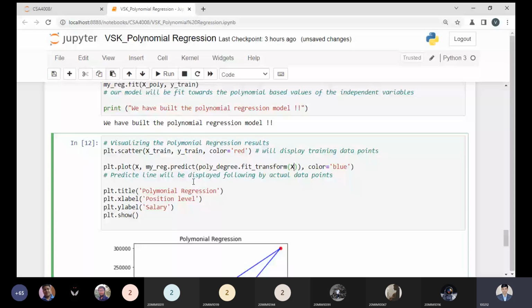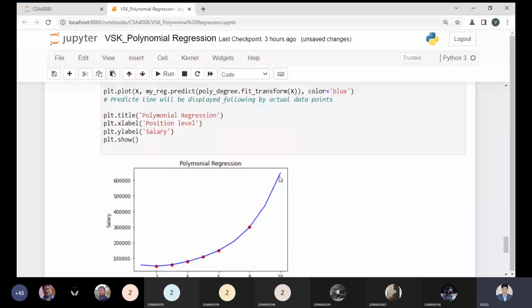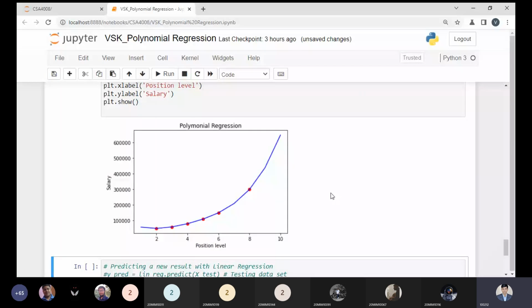This is because it is towards the actual data points, shown by our polynomial regression, our non-linear line, on which I'm plotting my training data, and some of it is coming on the line. There is no guarantee, but here we have a small amount of data. If you use the maximum number of data points, there is no guarantee all the data points will be on the line. But here I'm observing at least some data are coming on the line. That is the important thing we can observe here.